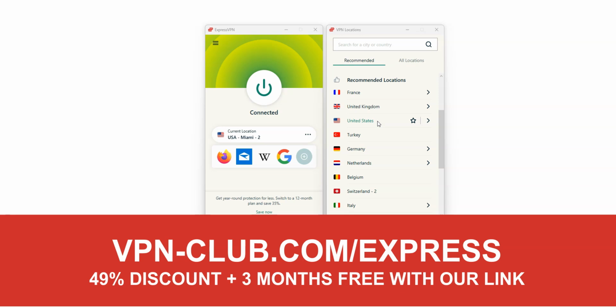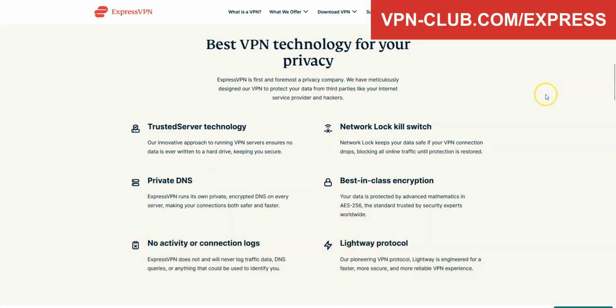ExpressVPN is one of the best VPNs on the market right now. It can help you bypass an IP ban on any site, app, or video game. ExpressVPN has thousands of servers in 105 countries. It's a safe, reliable, and fast VPN, available on Windows, macOS, iOS, Android, and so on. You can use it on up to 8 devices simultaneously. No speed limits, no bandwidth limits, a zero-log policy, very effective for bypassing IP bans, among other things.